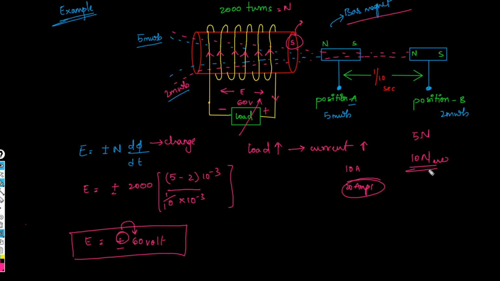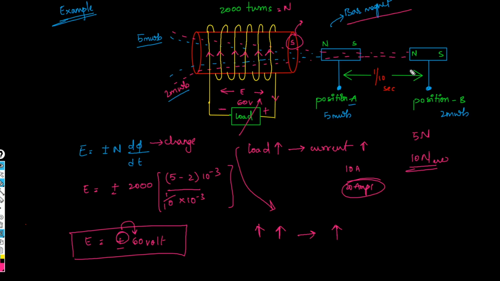So in this particular scenario, if current is increased, then the force that is required to change the magnet from one position to another position should also be increased. So this is how a transformer actually works. Here you can see, whatever this current is, it is nothing but your electrical energy. Due to the increase in electrical energy, the force that you are applying on the magnet should be very high.